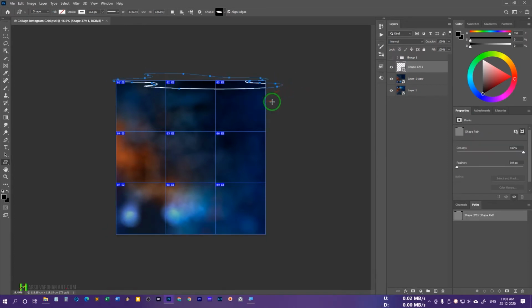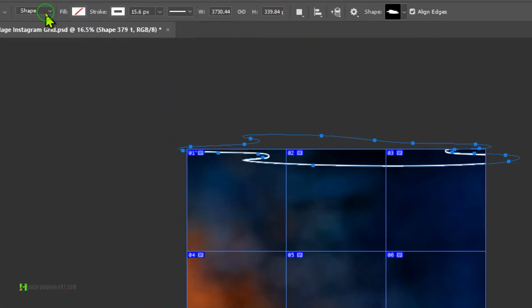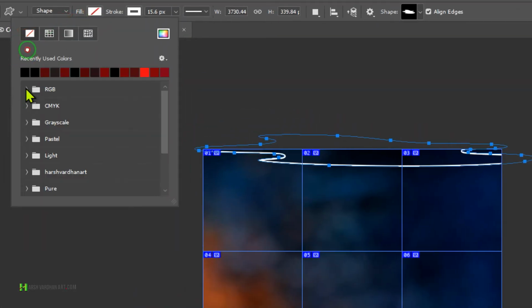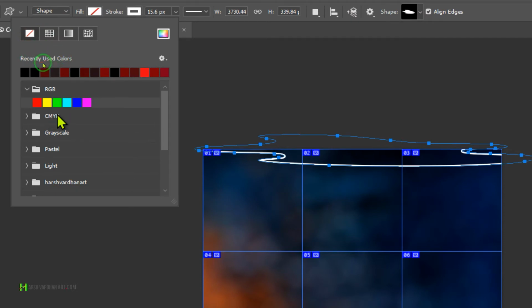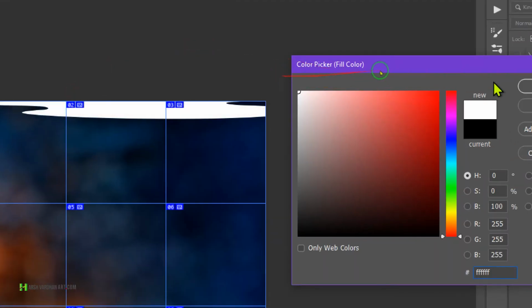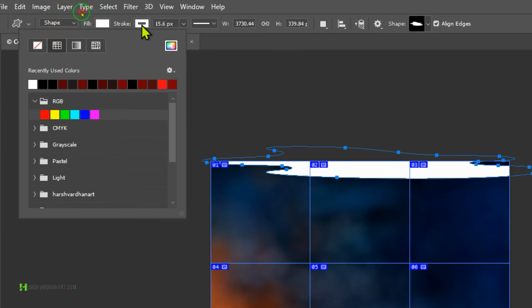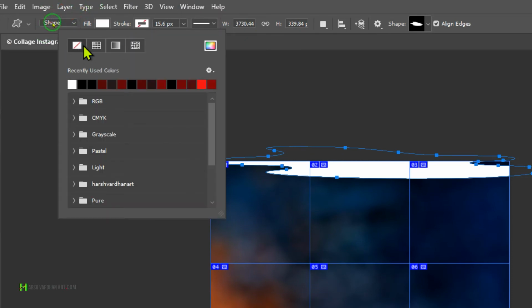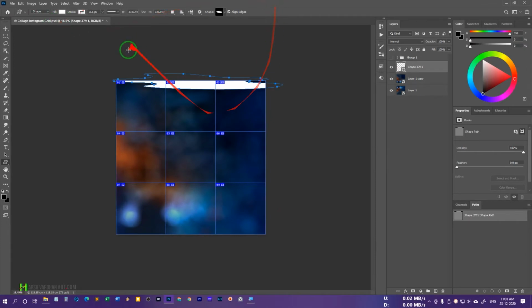So you have to draw it something like this, and then from the settings, make sure the fill is of the color which you want it to be. So let's go for white color, I think. All right, if I just go for the white and press OK, and from the stroke just select none. This option makes it none. All right, so now we have got this shape over here. So that's going to work as a seamless bridge for us in the next background, because if you press Ctrl T, you can see this is still there. All right, so when you will plan the next one, it would be around over here.